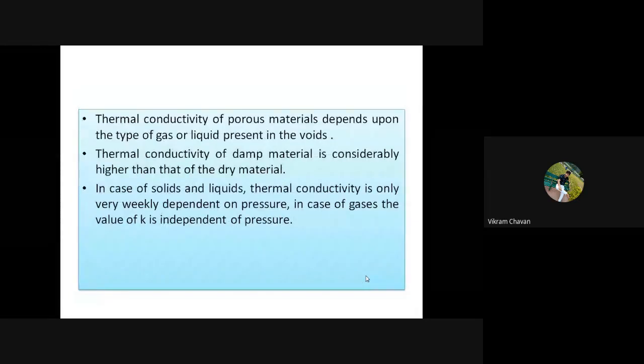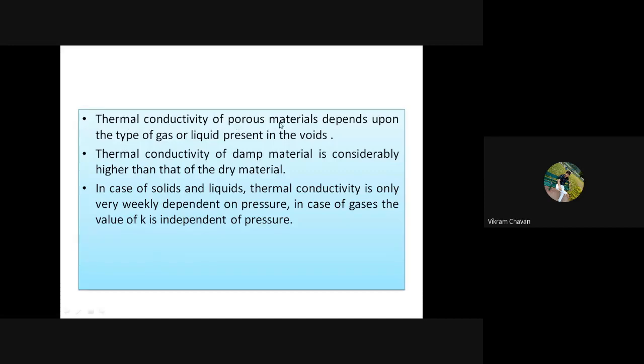Then the next thing is that there are various kinds of materials available. One of them is porous materials. If you take the example of a sponge, that sponge is also called a porous material. Porous means small holes are present in that material. In scientific language, these are called voids. So voids present in a material make it a porous material. I have given one example: a sponge is a porous material.